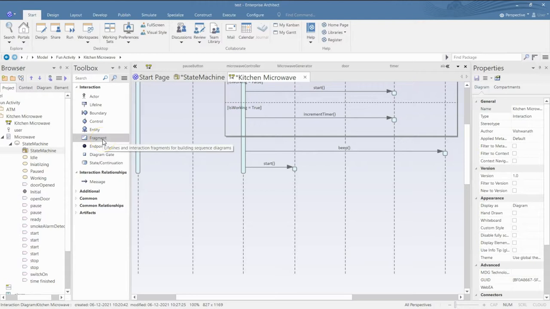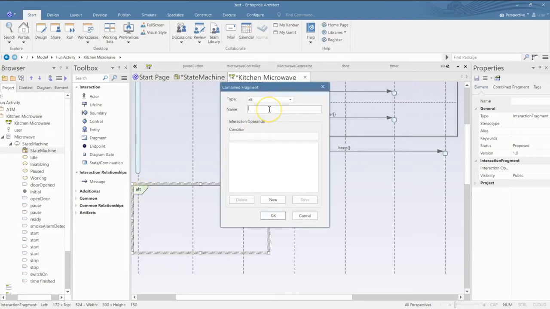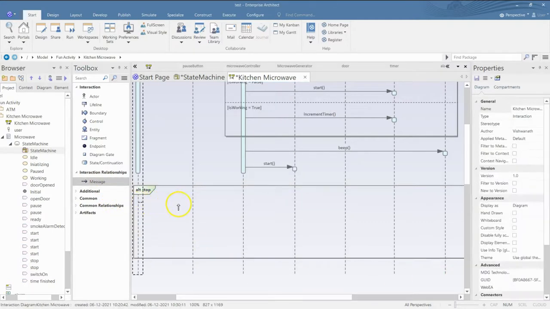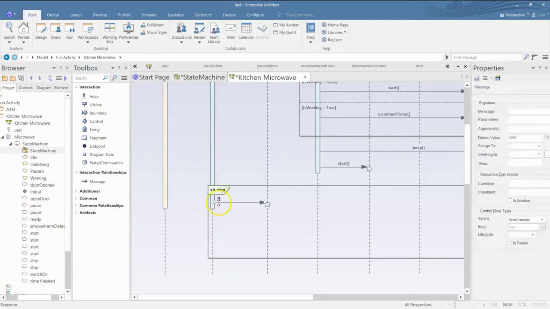Again, I can use a fragment and let's say alternate flows, and I name this as stop. Now the user, no, this is not the user, this is the user. He presses the pause button twice, or I can say long press.